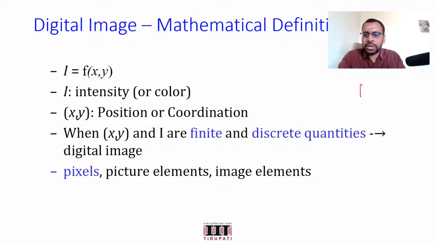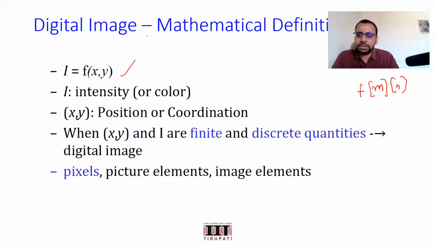Essentially, you are looking at it now as a function of m and n, just like f of x, y in the case of a continuous variable. Of course, if you want me to be more precise, anyway, I'm not planning to do frequency domain analysis in this course. Otherwise, this is what I would rather use to distinguish between continuous and discrete. Anyways, you can follow anything, but an image can be seen as a function of m and n or x, y,